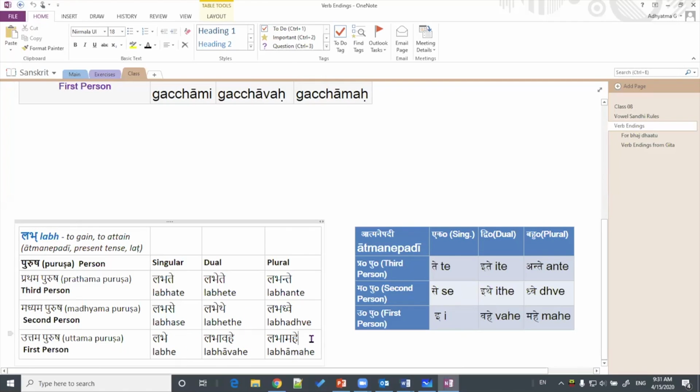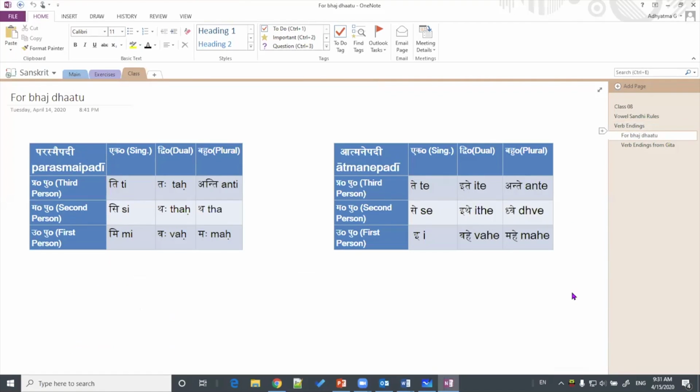Similarly, if I say labha mahe, it's a plural, we gain or we attain. So the meaning is the same, just the endings are different. The structure, the meaning, the person, the number, everything remains the same. So what we will do now, we will form a verb which is Ubhayapadi, which takes both the